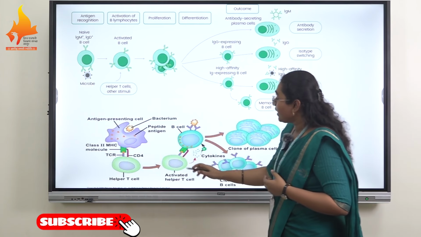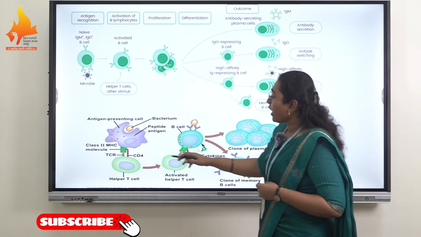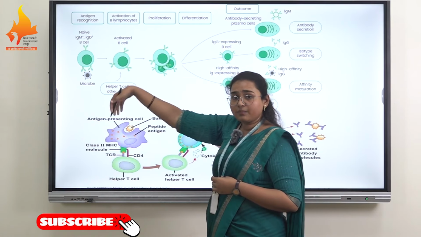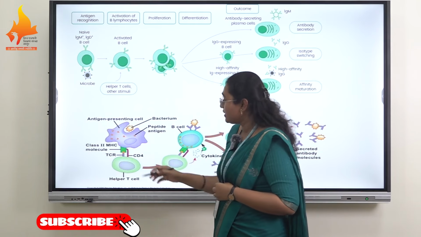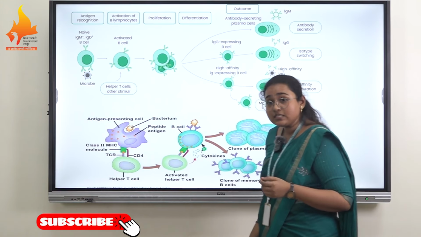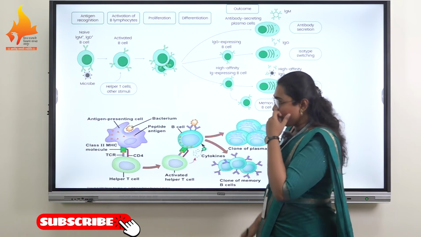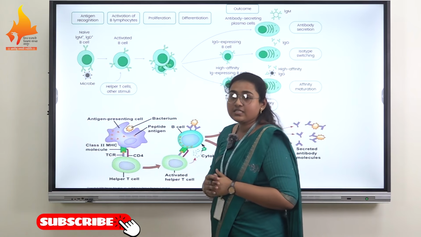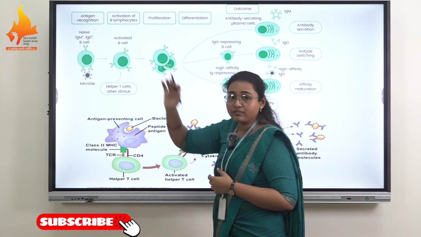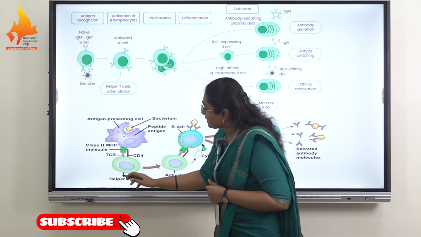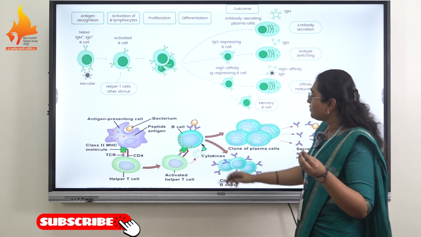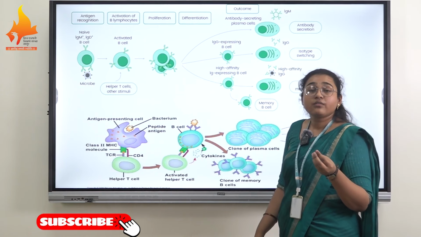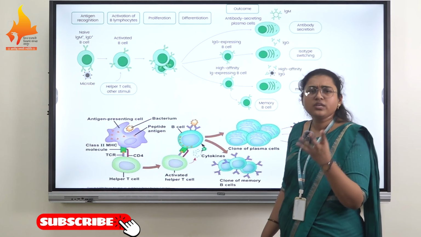The second way is via T helper cells. In the previous slide, we discussed how the T cell is activated: it is activated via antigen presenting cells through MHC molecule 2. So consider that the T cell is first activated before encountering the B lymphocyte. Then this T helper cell releases cytokines, such as interleukins, which activate the B cell.